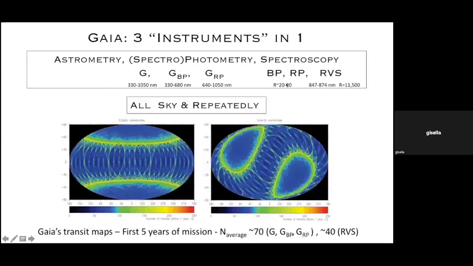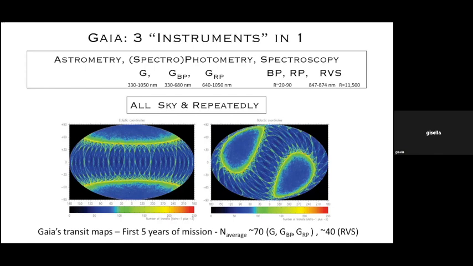Why does it come in time series mode? Because Gaia observed all the sky several times, and so you have more than one measurement per source over the duration of the mission. These are typically the transit maps of Gaia for the first 5 years of the nominal mission, which actually ended at the end of 2019. But the Gaia mission has been extended already for 2.5 years, which will end this year, basically, and we hope to get a further extension. Actually, there are good chances for another 3 years. So in total, the mission will take 10 years.